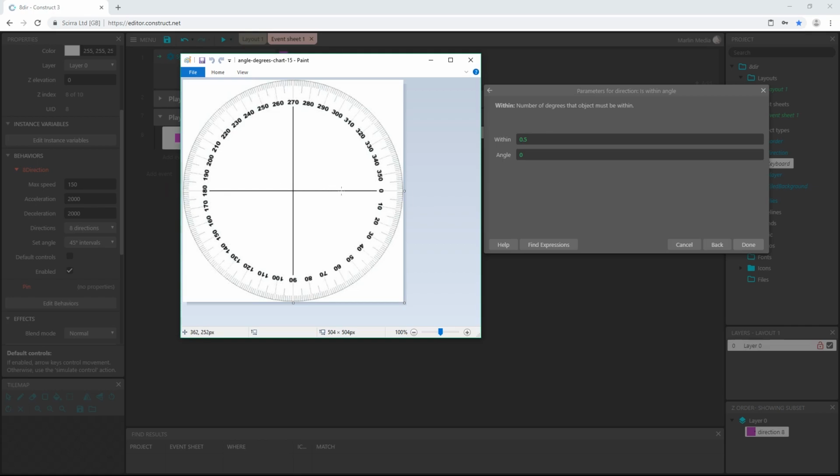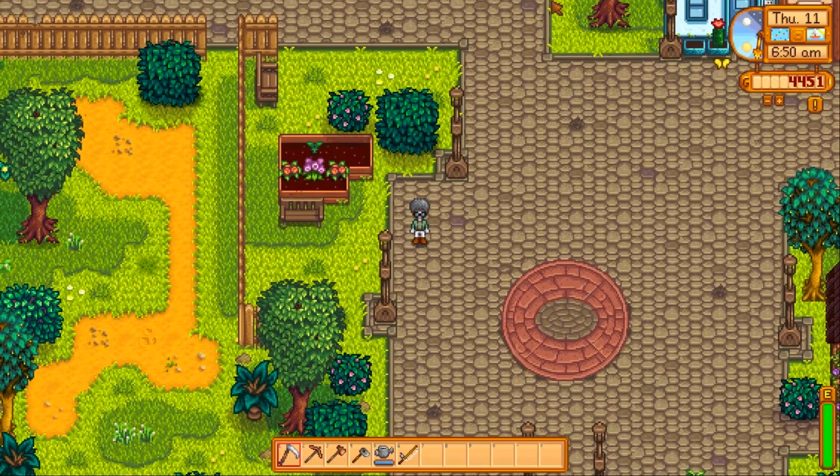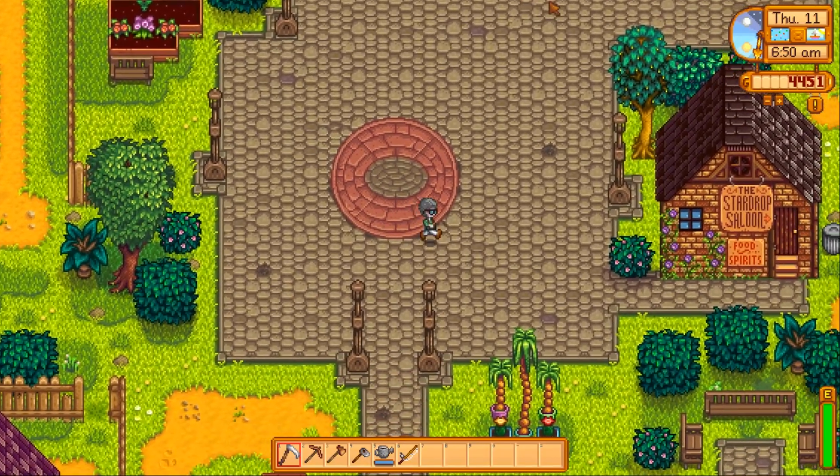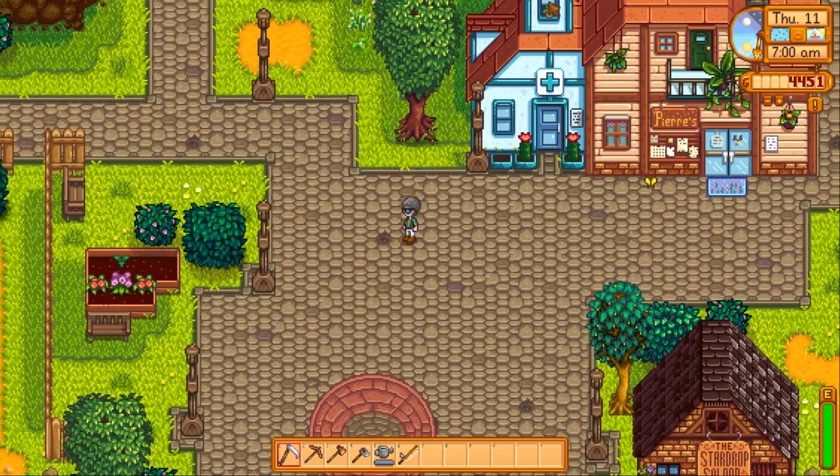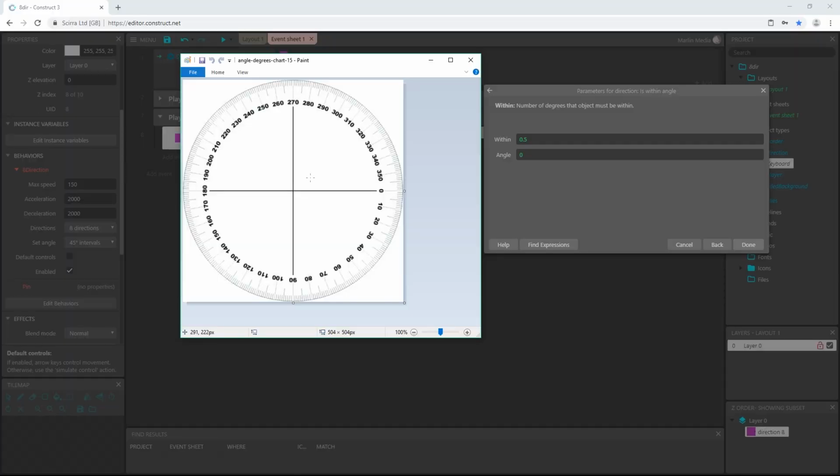I want to make sure that when we are moving to the right, when we are pressing D and we're moving towards the 0 degree angle, I want to be able to play the appropriate animation. But also when we move diagonal, like I showed you with a game like Stardew Valley, I still want to use that same animation, and I don't want it to change to the up or down animation when I'm moving in diagonal directions.